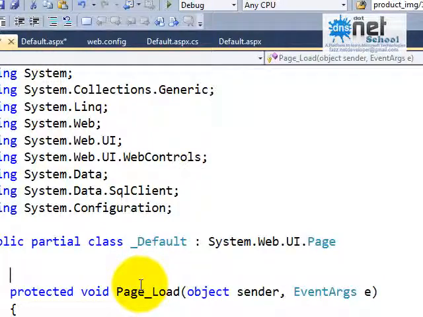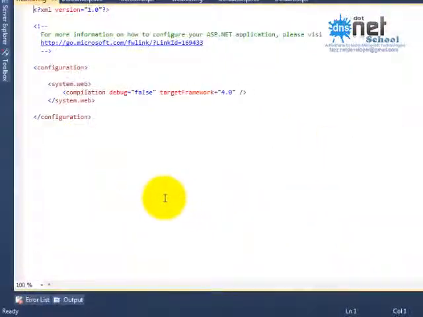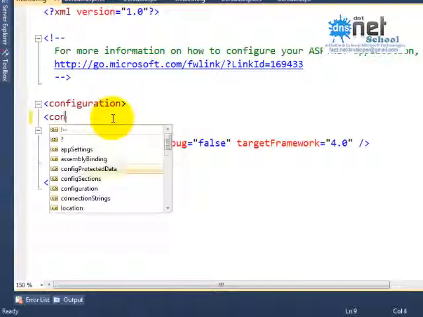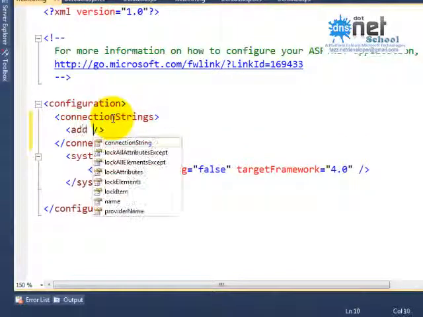So let us take the help of connection. Declare the connection in the web.config file, under configuration, the connectionStrings tag. Under connectionStrings, add a name,